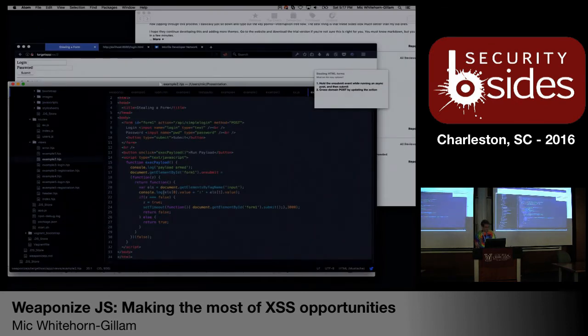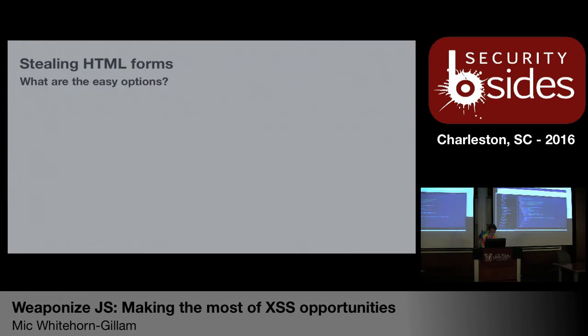How are we doing so far? Good? All right. Losing my cursor. Oh, I'm looking at two different screens that are mirroring the exact same thing, looking for it. There we go. So,